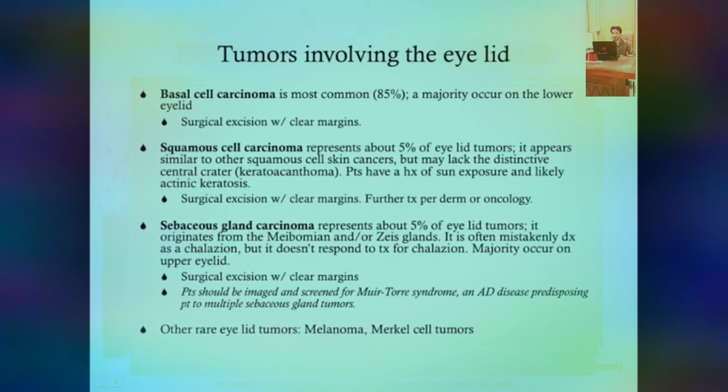All patients who have a confirmed sebaceous gland carcinoma should be imaged and worked up for something called Muir-Torre syndrome. In addition to doing the imaging, you'll also want to do a colonoscopy to look for bowel cancer, and in women you'll want to look at the cervix, because those are some of the more common cancers with this syndrome. Muir-Torre syndrome is an autosomal dominant disease predisposing the patient to sebaceous gland tumors. Some other rare eyelid tumors include melanoma, which obviously isn't very rare on the skin, but it is rare on the eyelid, and Merkel cell tumors, which is a nerve